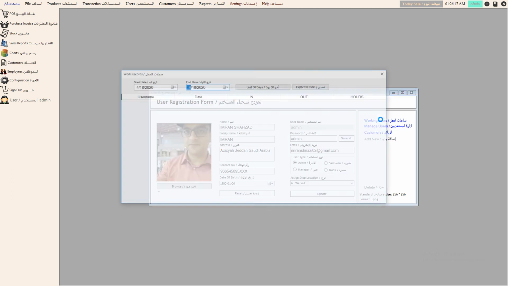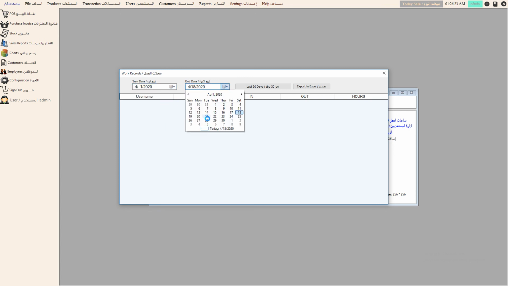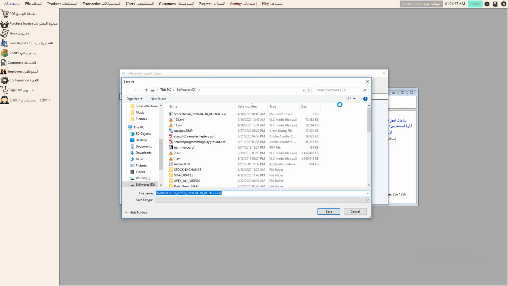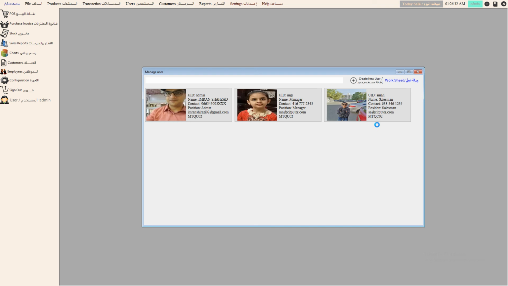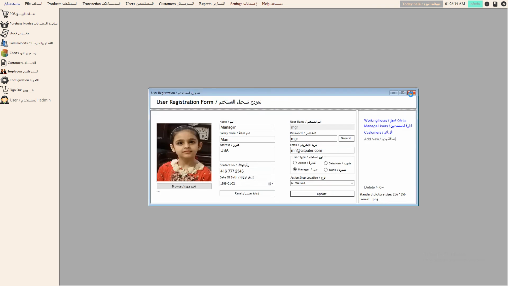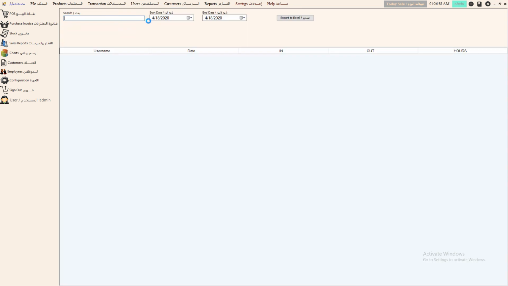You can create and add the picture of the user. These are the working hours associated with the user. As you can see, suppose I go with this option, last 30 days, and you want to export this file, and manage user, you can click any other users. Over here you can also find this option, the working list,